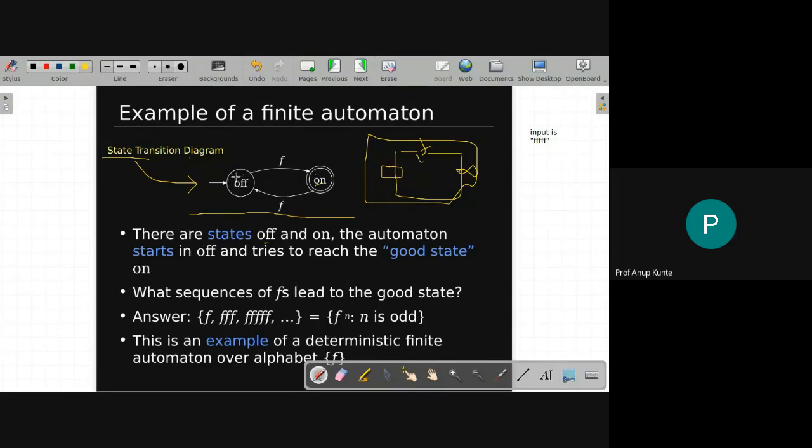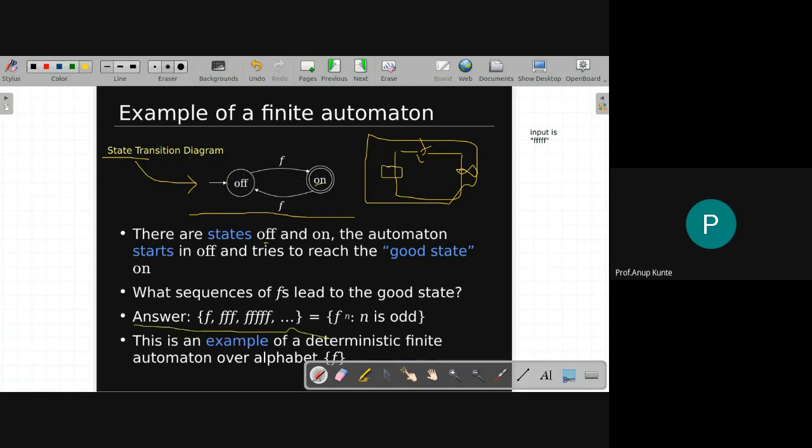देखोगे क्योंकि इनिशियली आप ऑफ में हो, एक बार आप फ्लिप किया तो यहाँ आ रहे हो, दूसरी बार फ्लिप किया पीछे जाओगे, तीसरी बार क्या यहाँ आओगे, चौथी बार, पांचवी बार. So whenever you have an odd number of flips done, you will actually be in this state. So you are counting what? You are counting a set of F's, the concatenation of F with itself, which are odd in number.